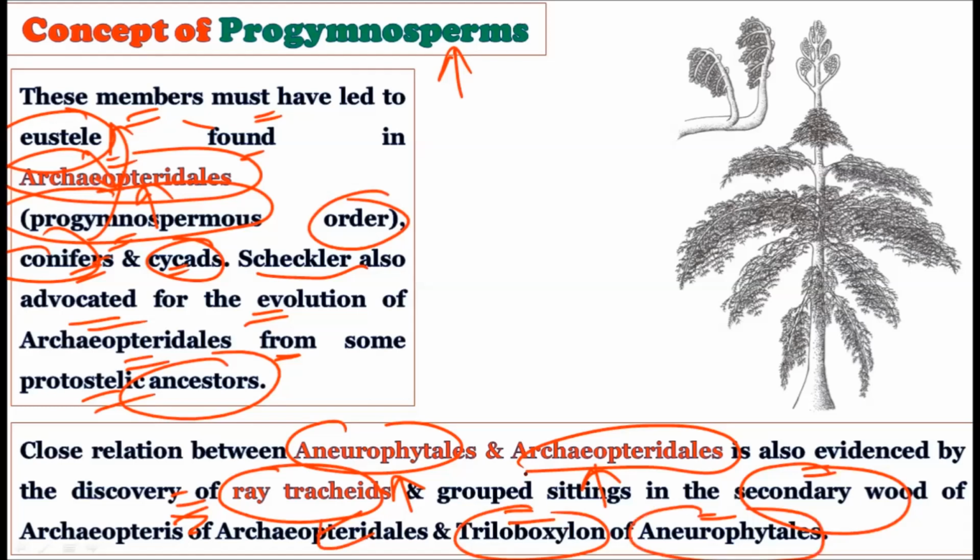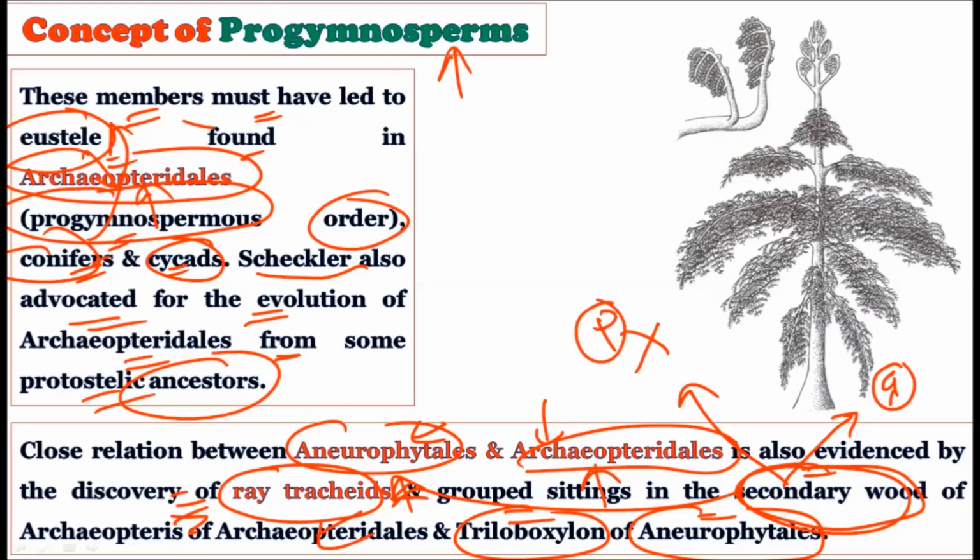See, whatever the setting of the secondary wood is in the progymnosperms, it is due to the presence of ray tracheids. And these ray tracheids were found in the progymnospermous category. Later, this secondary wood may have been transferred to the gymnosperms, because this secondary wood is not found in the pteridophytes. The ray tracheids were found in the Aneurophytales and the Archaeopteridales, and due to the presence of ray tracheids, they may have created the secondary wood,